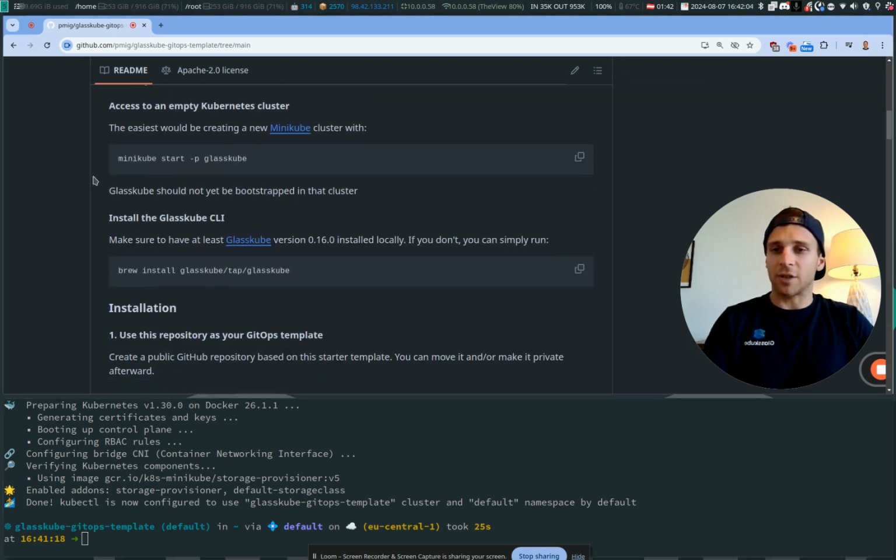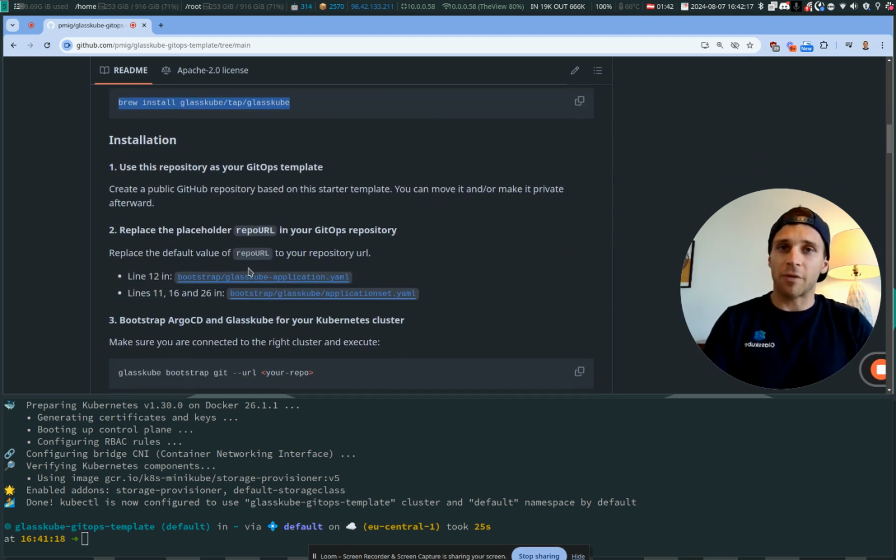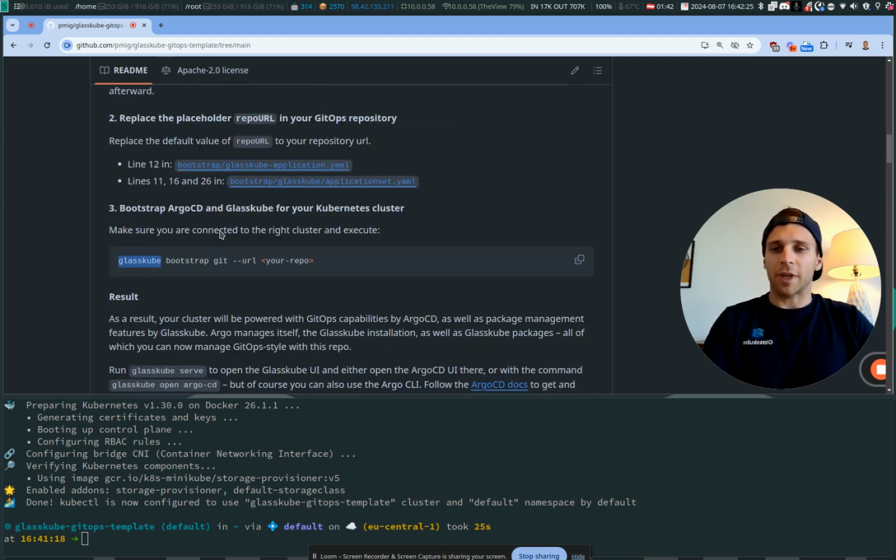Our Minikube cluster is already running. This is perfect. If you have not installed the Glasskube CLI in version 0.16.0, you should do this with pre-install Glasskube or download the binary for Linux and Windows, but on Linux you can also use the Brew package manager. Perfect. Then we can run Glasskube bootstrap